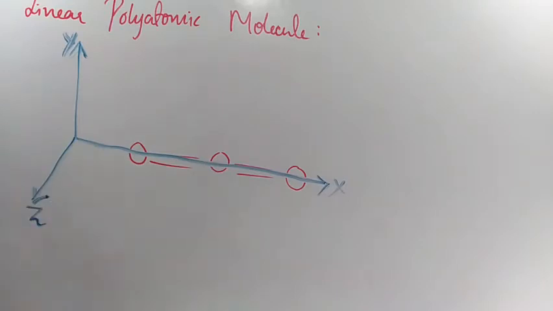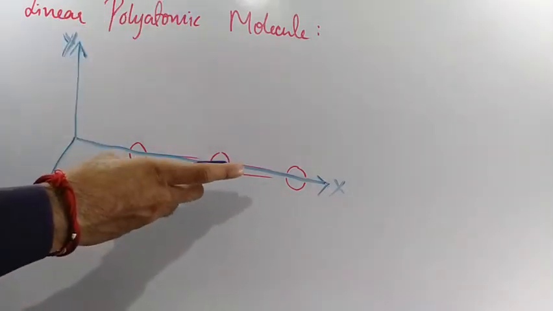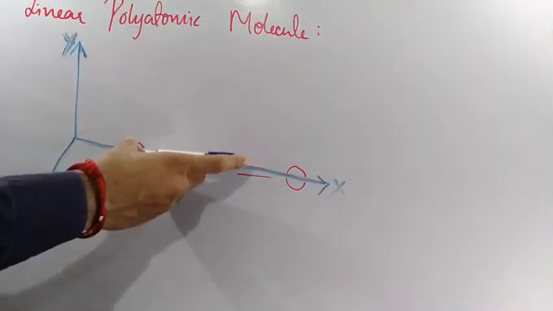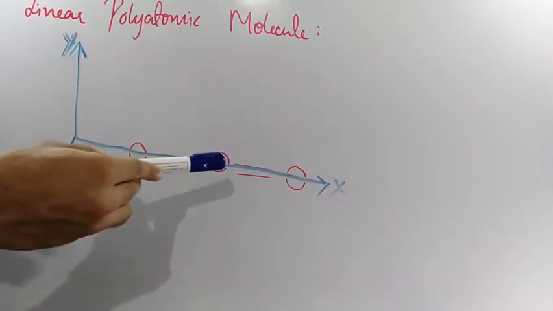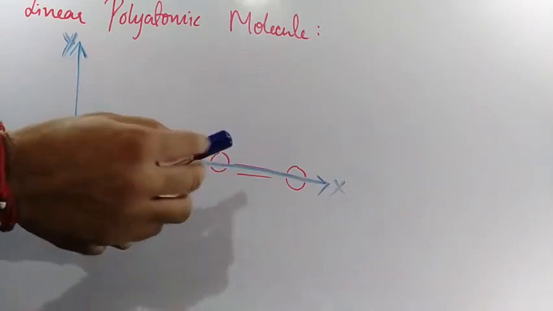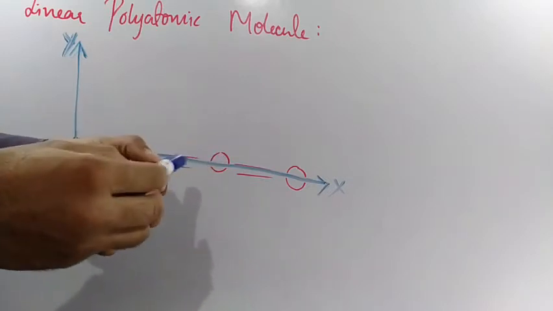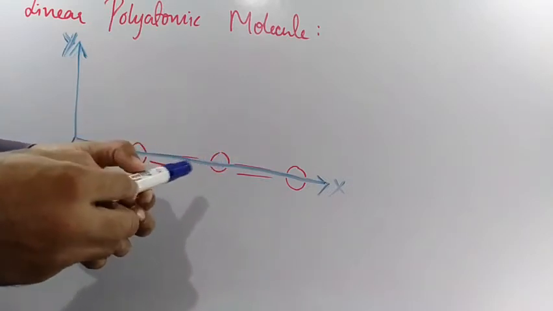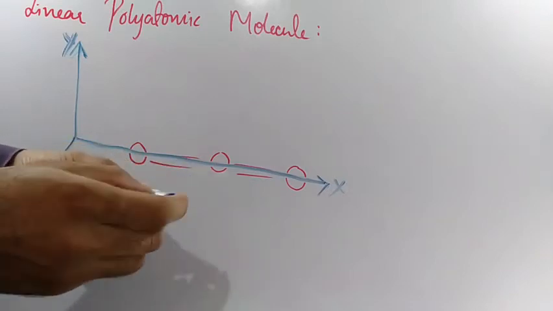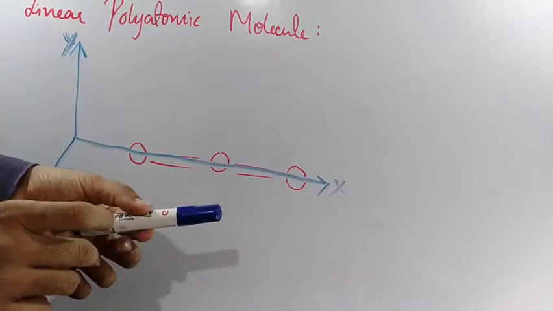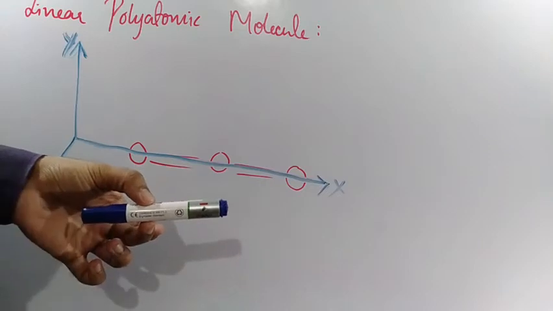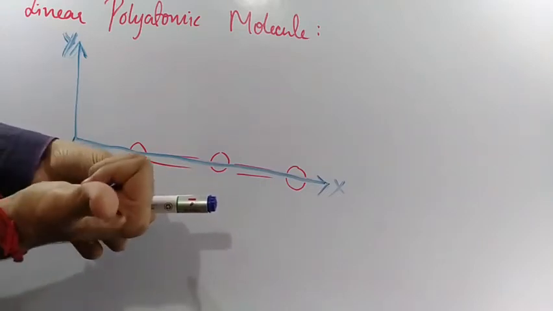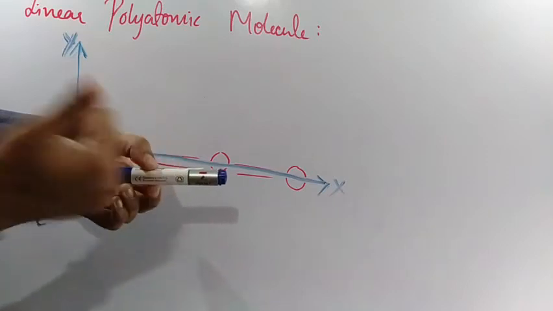The same case will happen in the case of diatomic also. In a similar manner, we will be discussing the linear polyatomic molecule. Now, this molecule has x-axis, y-axis, z-axis. Now, the rotation part. If it starts moving in this manner, along which axis is it rotating? The y-axis, correct? The y-axis is above. Along the y-axis in this manner it is rotating. Clear? Now, initial position. Now the z-axis is in this direction, perpendicular to the plane of the board.